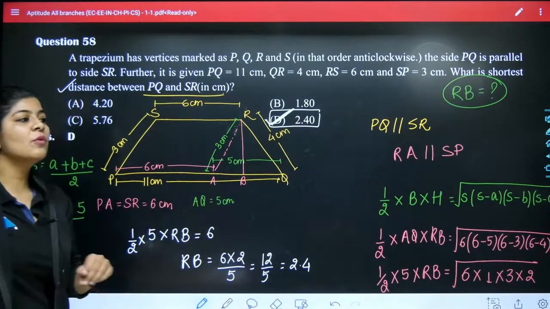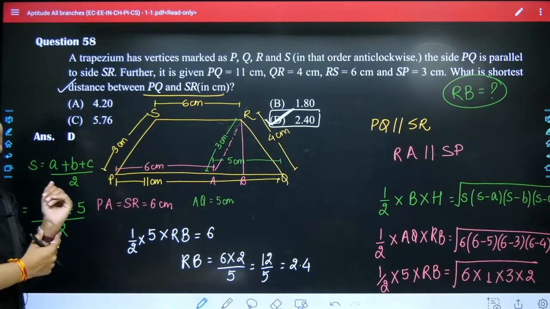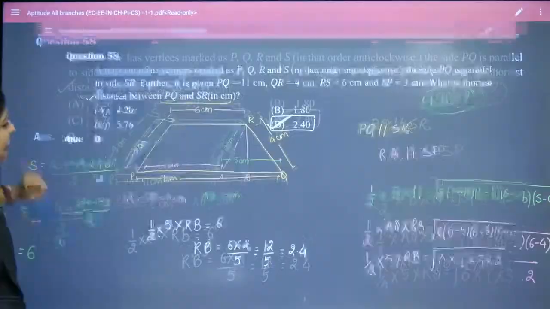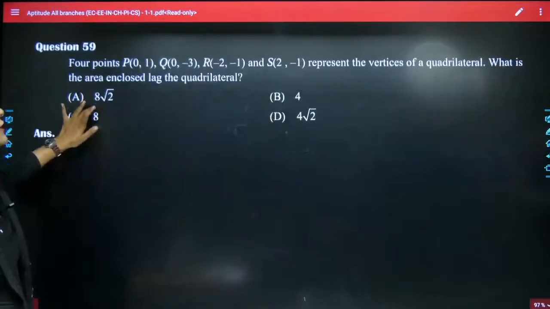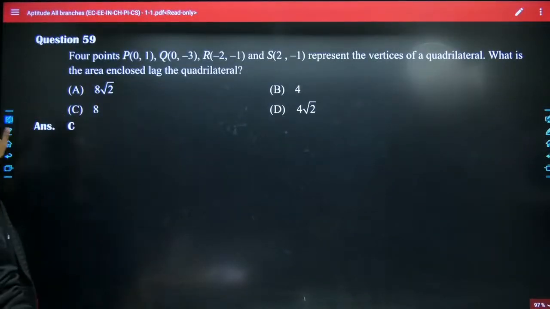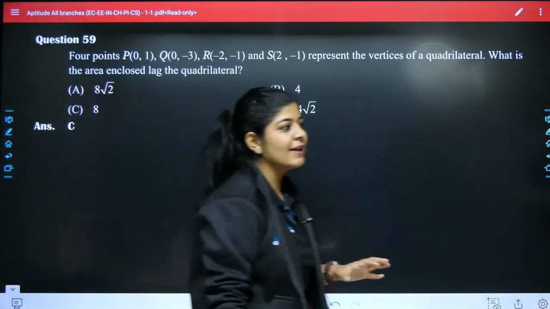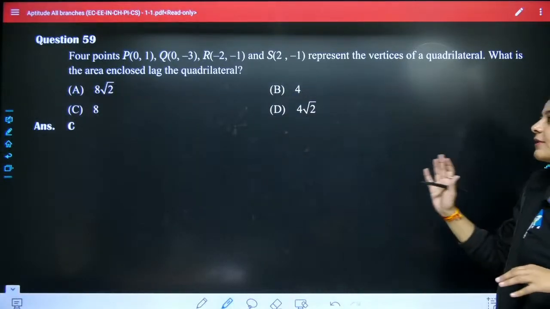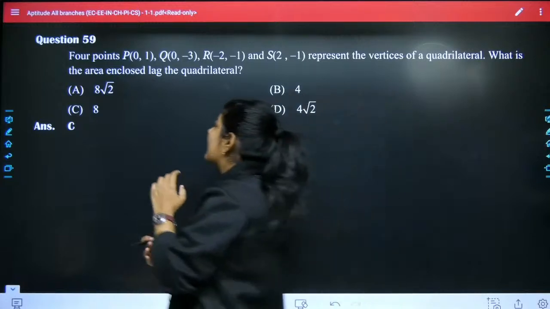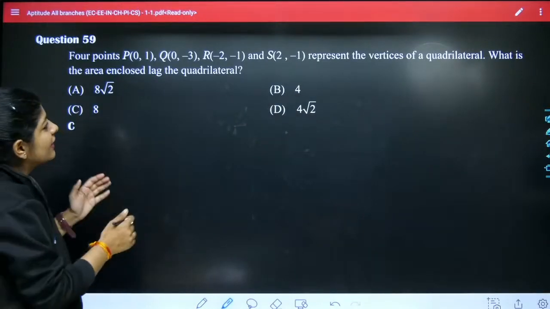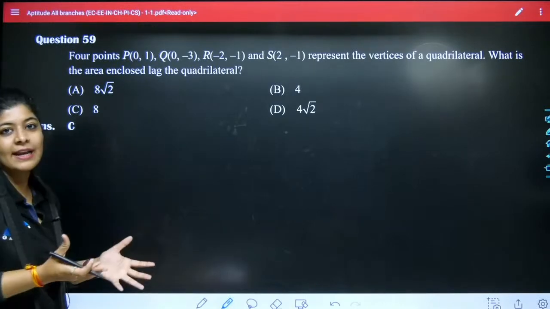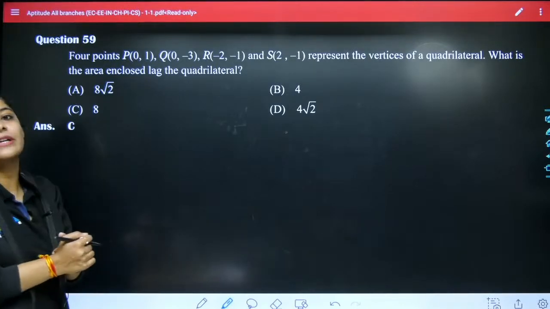Okay, now let's move to the next question, which is asked from the topic geometry. Here the coordinates are given, and we need to draw the diagram, and then we have to find out the